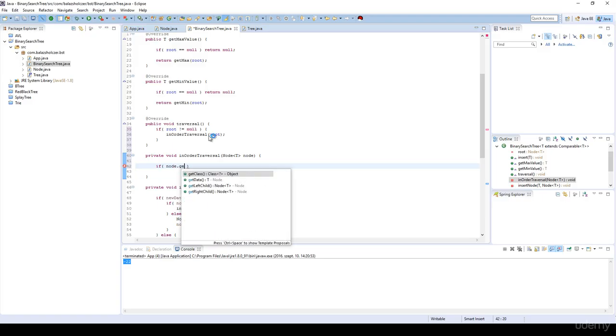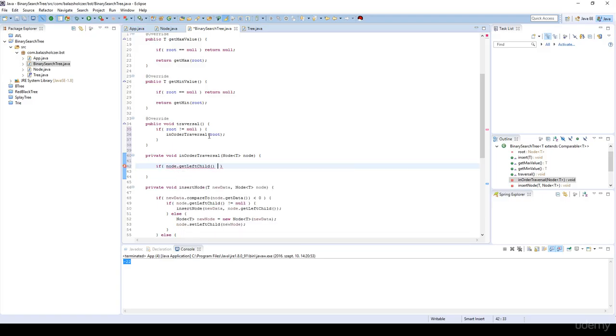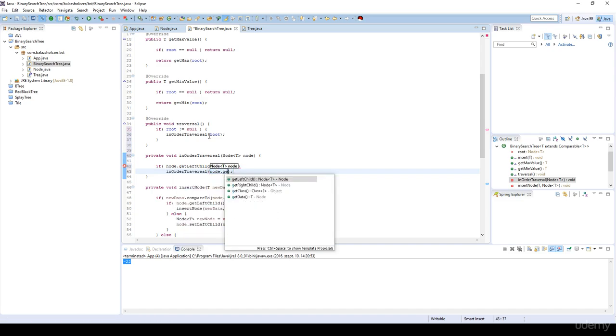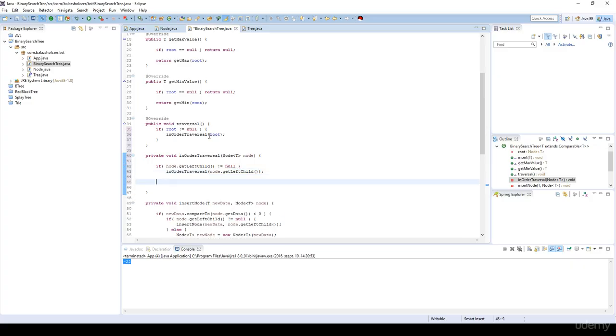If the node.getLeftChild is not equal to null, we're just going to call this in-order traversal on the left subtree, because in an in-order traversal, we visit the left subtree, then we visit the root node. And I'm just going to print out this node, for example, without a new line character, plus some spacing,